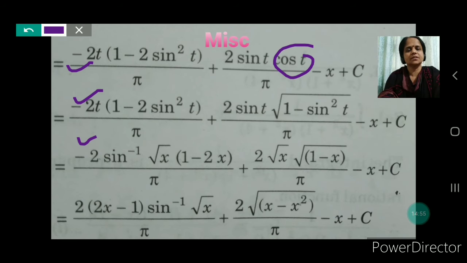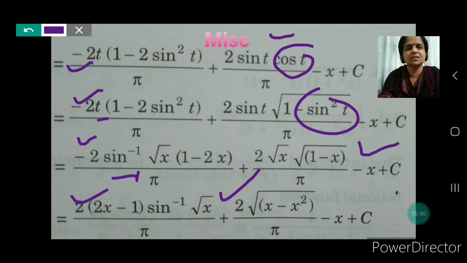Now convert it. In place of t, you will get sin inverse root x. Sin square t is x, and here sin t is root x, students. And cos t is under root 1 minus sin square t, which is under root 1 minus x. So you will get the final answer. If you don't want to convert the cos in terms of sin, then you can also change the term in x by making a triangle. By the triangle method you can find the value of cos t and then substitute the values. Then also you will get the same answer.